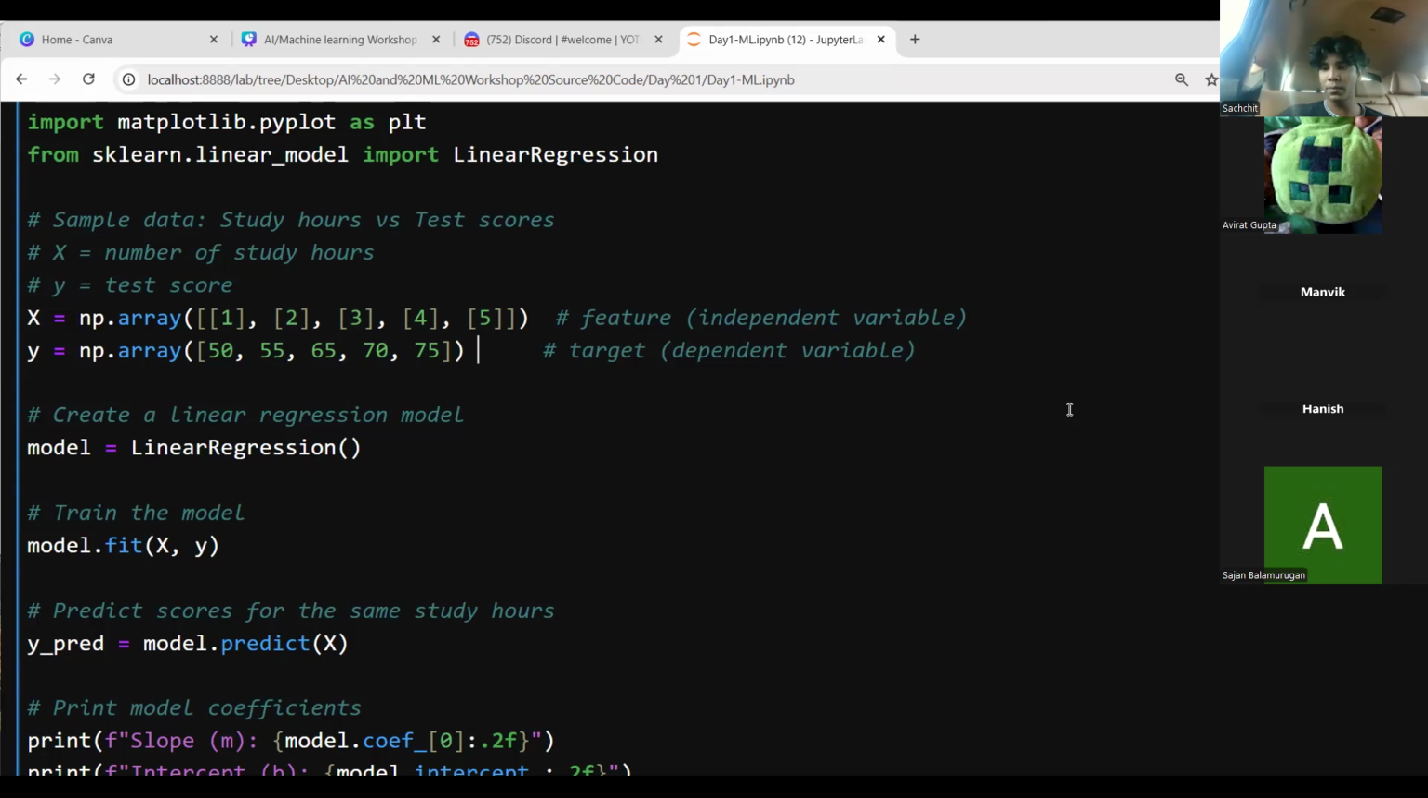And right over here, you have your linear regression model. So I created a variable. A variable is basically just something that contains data. So to give an example,